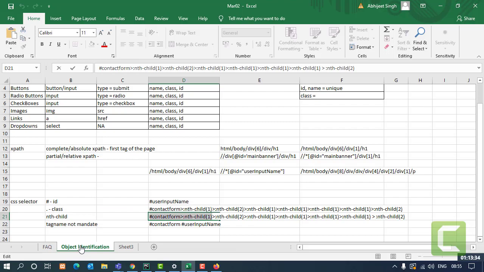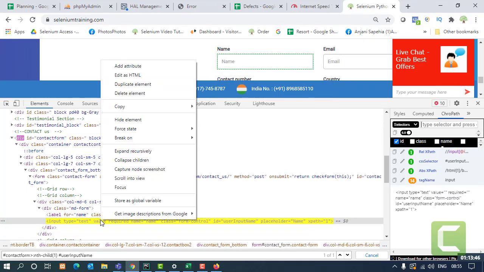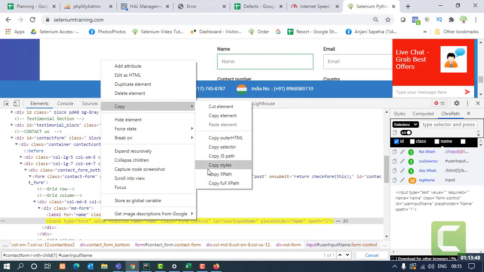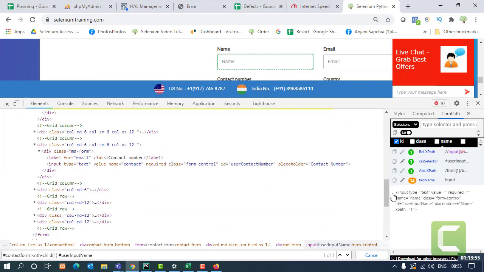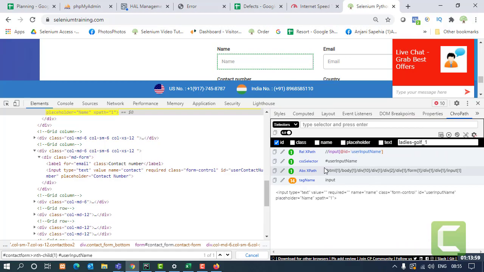It's also not compulsory to make it yourself all the time. You can use the tool. Either you can just click on the highlighted part, use the copy tool and copy the CSS selector from here. This is the option. Or using the copy path, you can also get the CSS selector. This is the CSS selector for the element that got highlighted over here. And the same thing you can do on Chrome and Edge as well. There also you will get the options. Okay.